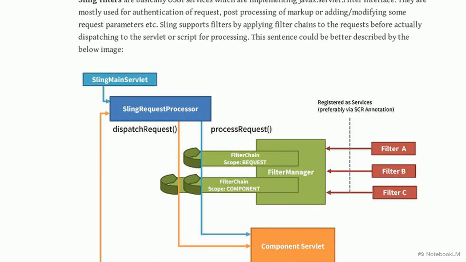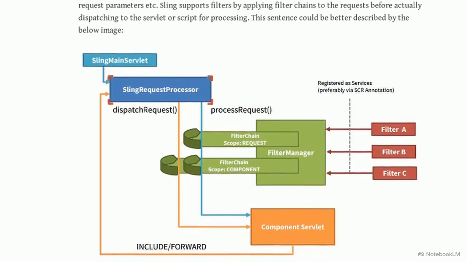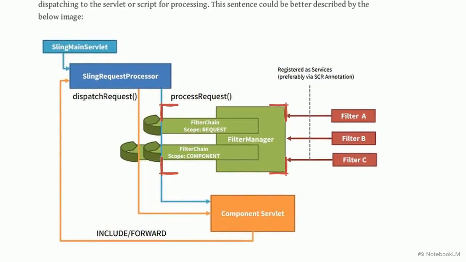This architecture diagram maps how AEM routes traffic. Every incoming request to the backend enters through the Sling main servlet at the top left. From there, it is immediately handed over to the internal Sling request processor. The processor then delegates the request to a filter manager, maintaining 5 distinct filter chains: request, component, include, forward, and